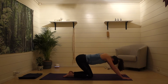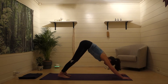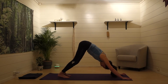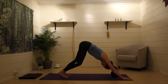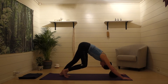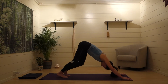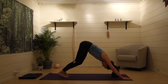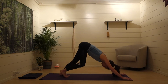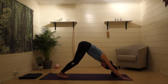So lifting your hips up, curling your toes, and coming all the way up and back towards the ceiling. We're going to add some movement to our first down dog, so you can walk your legs. You can also nod your head, yes and no. Adding in any movement that you need to here. When you're ready, coming into stillness in your downward facing dog, heels are coming down to the ground, nice straight